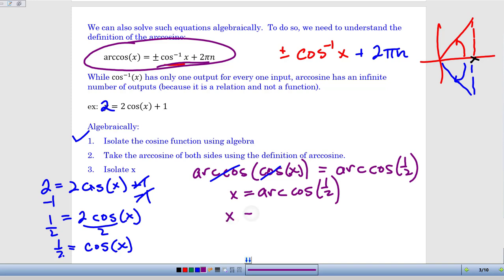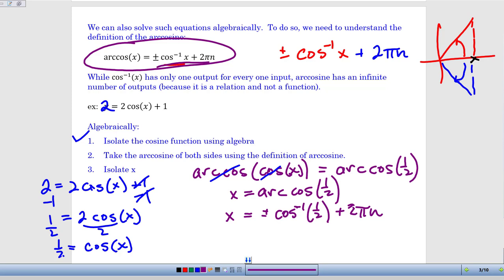So I'm going to take x equals plus or minus the inverse cosine of 1/2 plus 2 pi n. Again, the idea here is I've got this one answer that the inverse cosine is going to give me. I'm going to take that one answer, I'm going to throw the plus or minus in front of it, and then I'm going to add multiples of 2 pi to each of those in order to generate that infinite